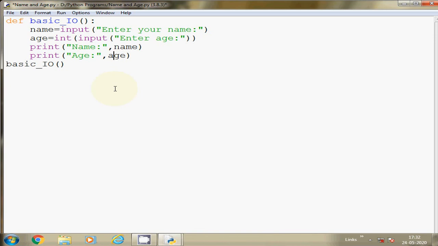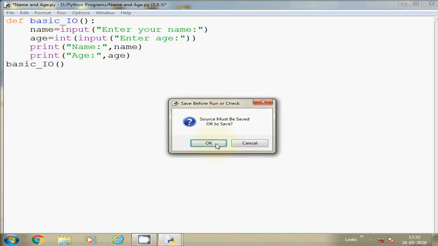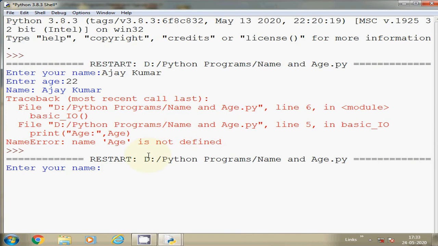Means whatever name is used here, the same name you have to write here also. Okay. So capital A G E and small a g e are both different. So that's why that error came. Now let me run once again. Ajay Kumar and 22.